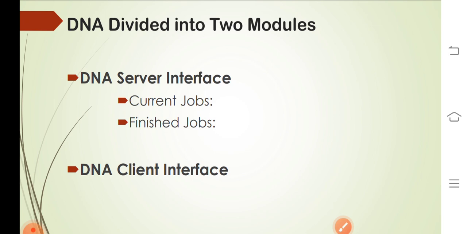There are many components, such as the name of the DNA client, the name of the group to which the DNA client belongs, the statistics about the current job, and many other components. So these are the two